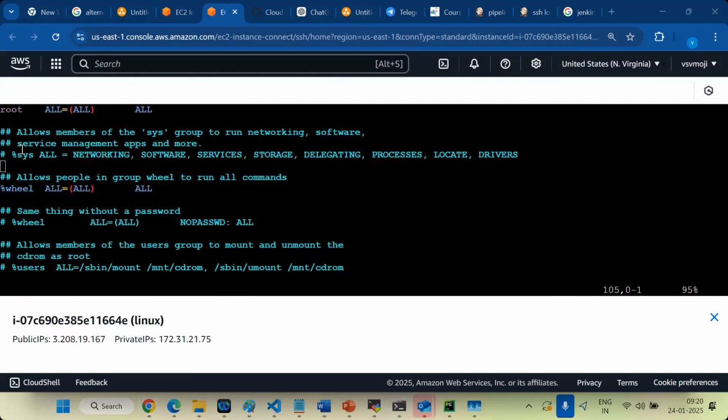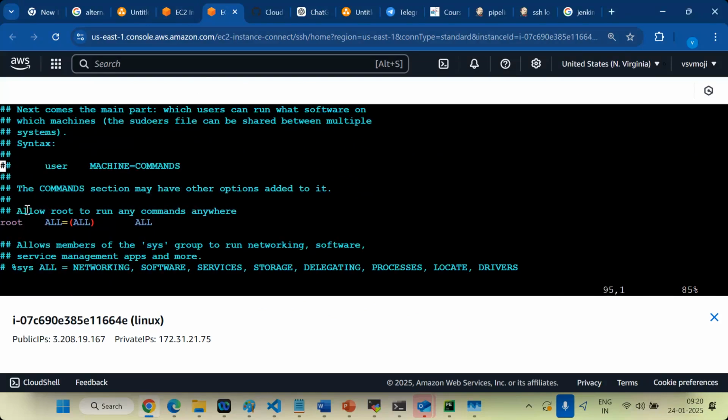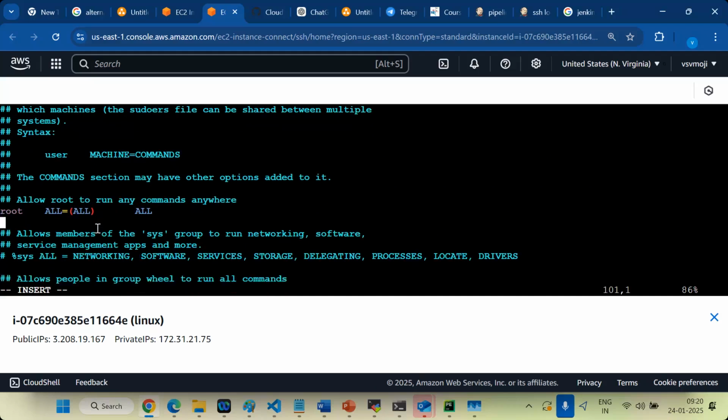So here I need to add user one details. See, you can see here root. Allow root to run any commands anywhere. Only root is there, right? If I add here user one, same you can give ALL equal to ALL.